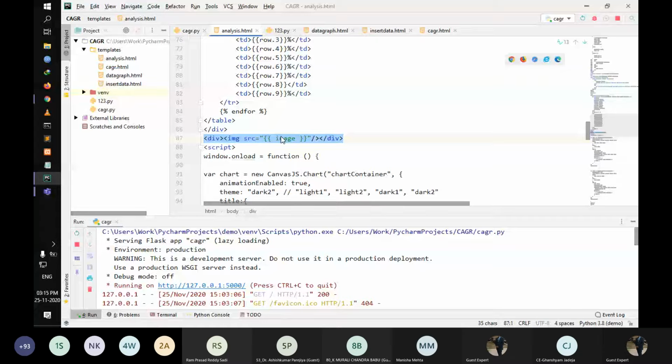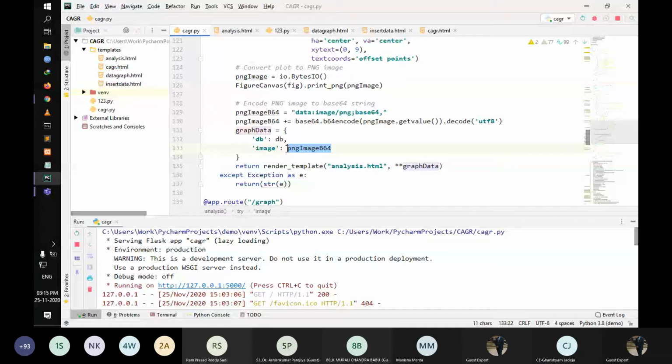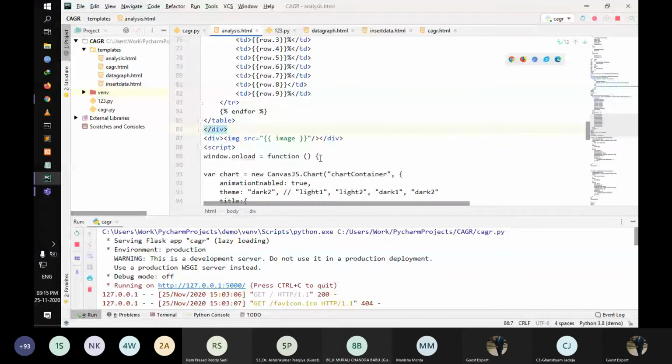The image is stored here, it goes to this variable, and through the graph data variable we send it to the HTML file. That's the project. If you have any question up till now, please ask.